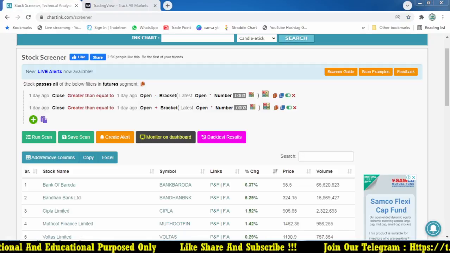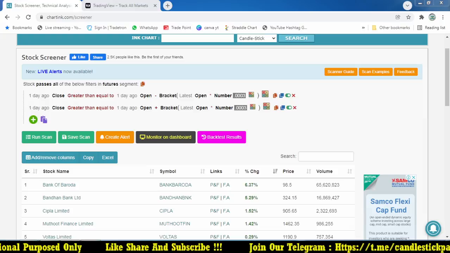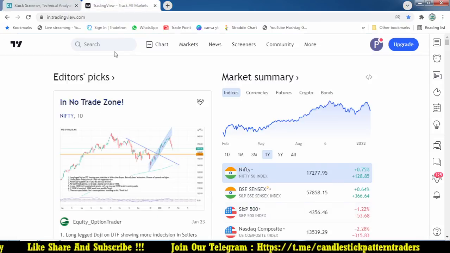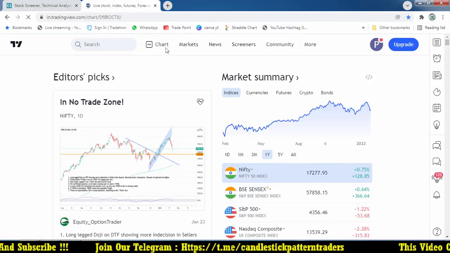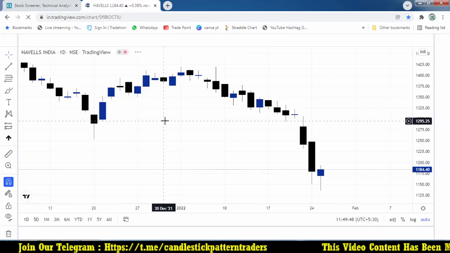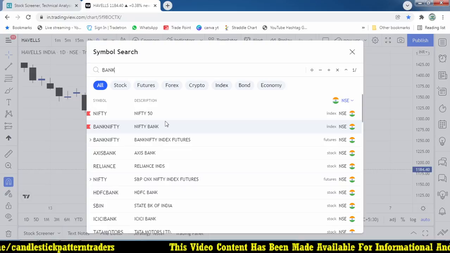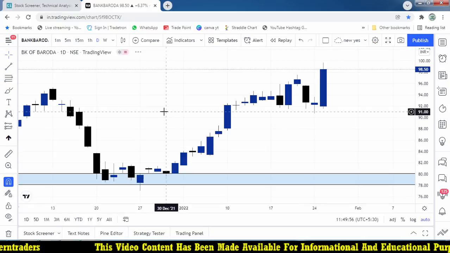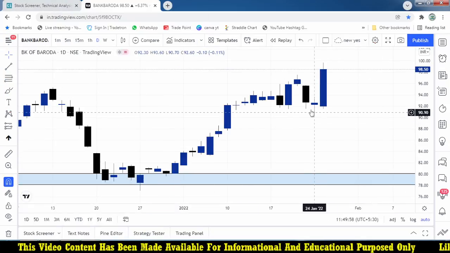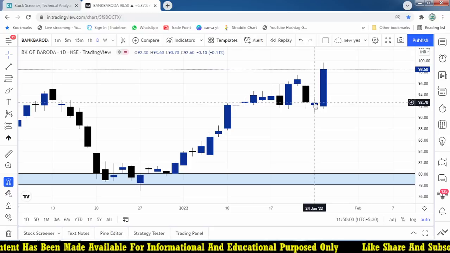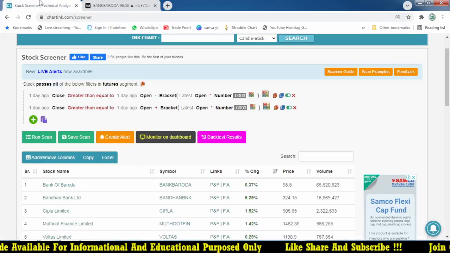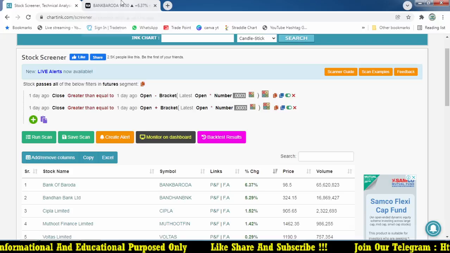Let me try Bank Baroda. When we create scanners, you need to confirm whether it is right or wrong. So we'll check Bank Baroda, whether it forms a doji. Yes, 1 day ago it was a doji on 24th, because we are using 1 day ago. And Bandhan Bank,